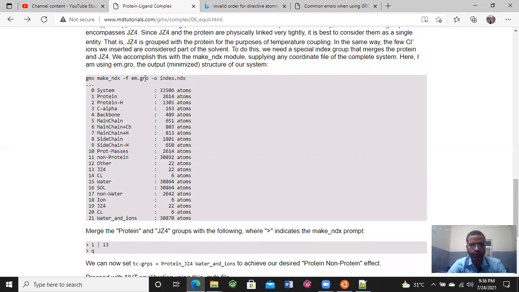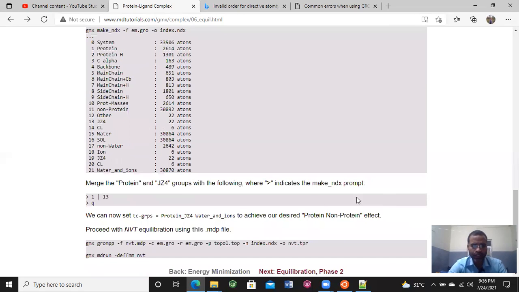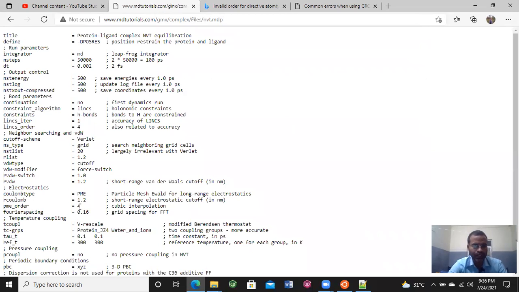If we do not perform this step, then what do we need to change? Basically, we need to treat the solvent, chloride ion, ligand, and protein as separate values. For example, here I want to show you that if we go to this MDP file, then the tc-grps parameter will be changed.